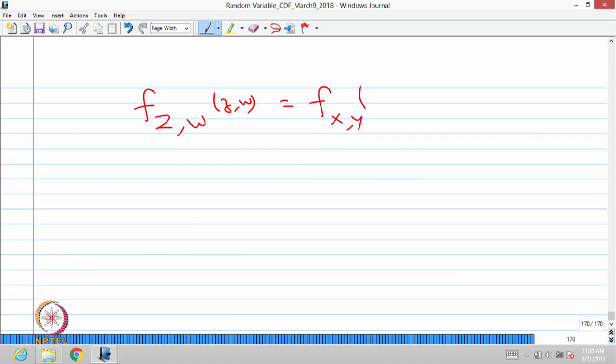Therefore, in the joint probability density function of (x, y), I am going to replace small x by g1 of (z, w). Similarly, y I am going to replace by g2 of (z, w), multiplied by the absolute value of the determinant, that is called the Jacobian, as a function of (z, w),